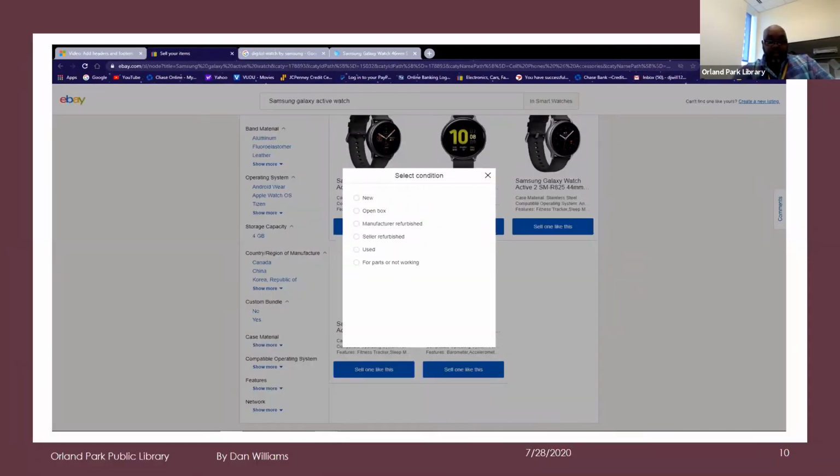Now this side is select a condition, which is very important. It's whether the watch is new, or an open box. If it's new, that means that it's never been opened. It's in its original package, haven't been touched. An open box means that the box was open, but the item has not been used. Manufacturer